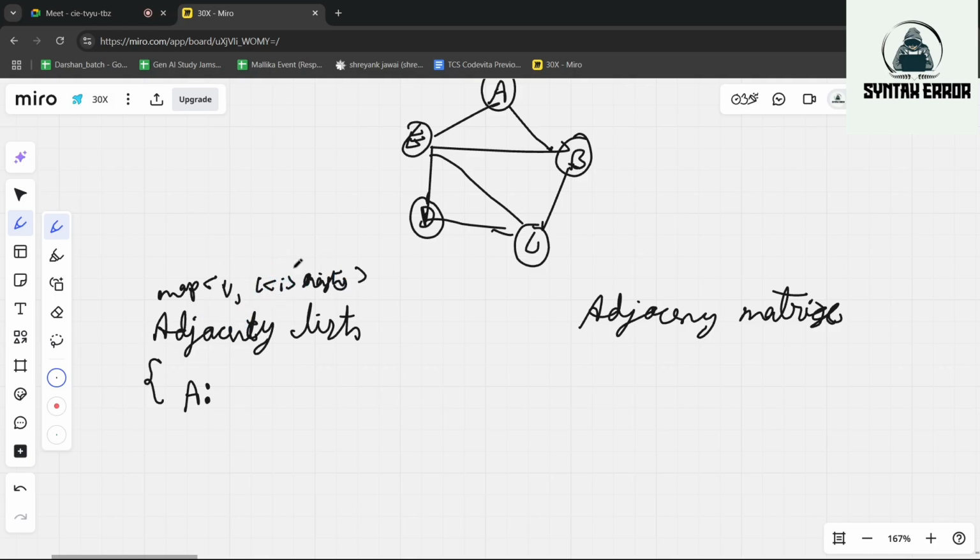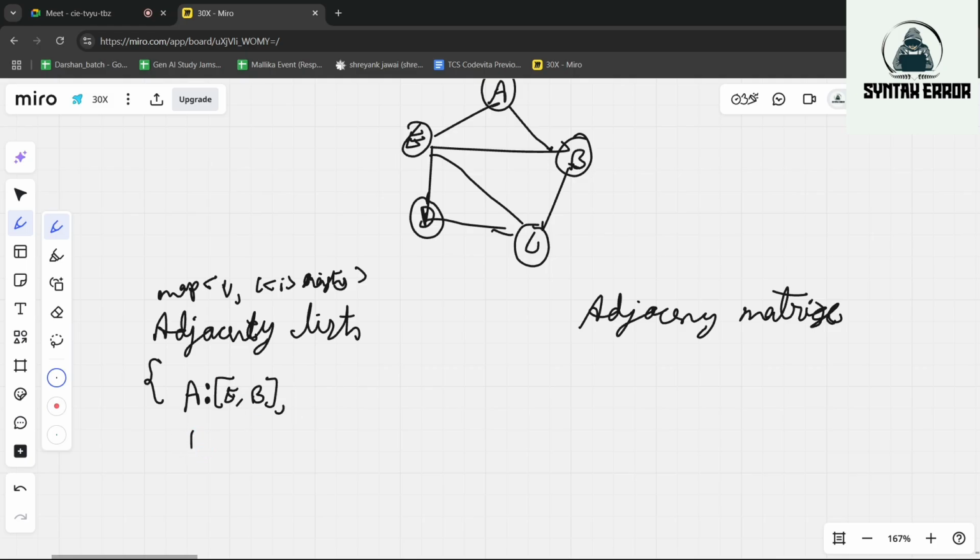This is not the actual structure. So we'll get a vertex first, and we will map it with the list of its neighbors, E and B.